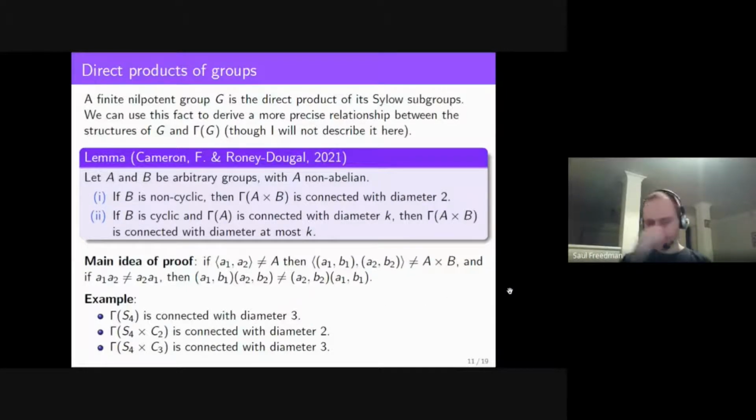Right, so you'll notice in particular that if we take the graph of a direct product of 2 or more non-abelian simple groups, then the graph will always be connected with diameter 2. This is a very different situation to what happens for the generating graph. And so to discuss this, I'll hide this stuff here to make some space.